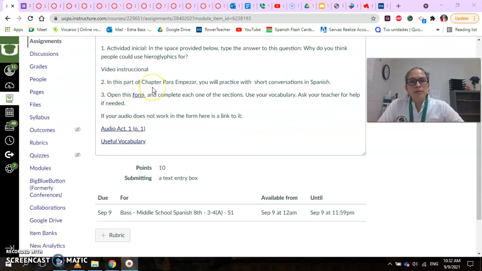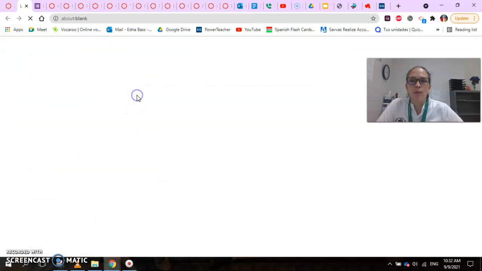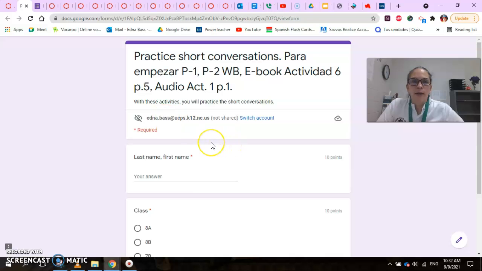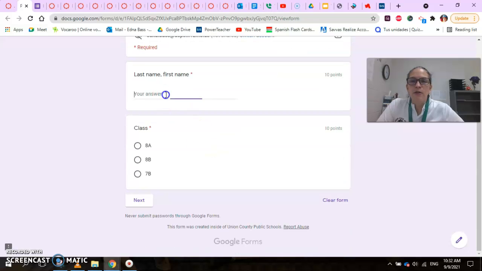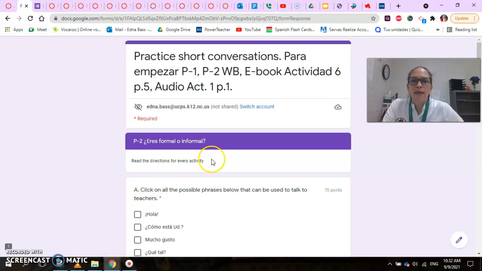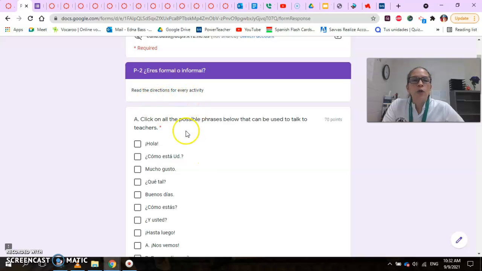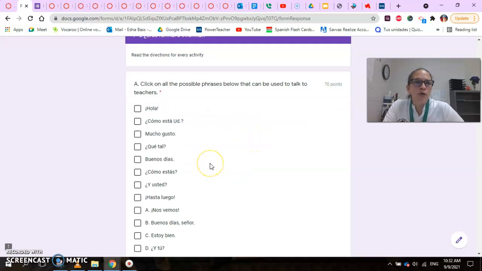And in this part of the chapter, para empezar, you're going to practice with some conversations in Spanish. So what you need to do is you're going to open this form and you're going to complete your name, select your class, and then you're going to answer these questions. So this is based on your notes. So it says